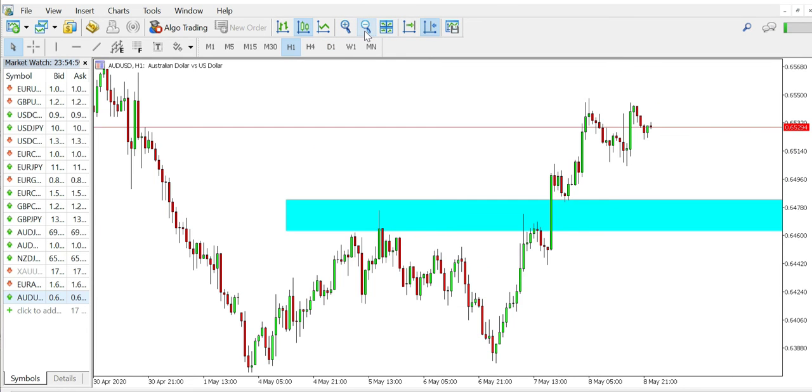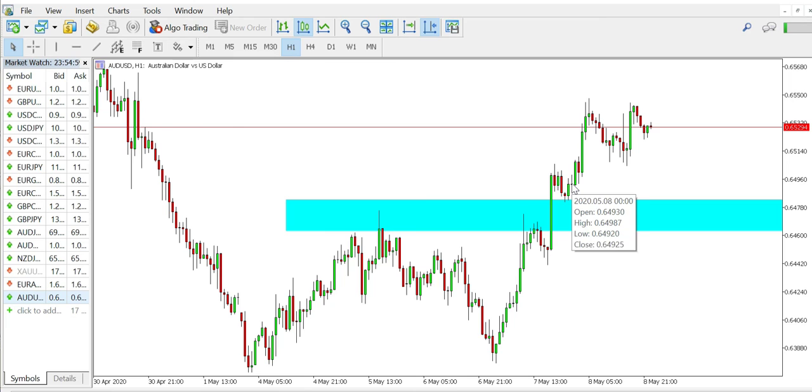Again, guys, fundamentally, Australia is on a stronger side, and USD is on a weaker side. Australia is a high beta currency, guys. What I mean by high beta currencies is currencies which are commodity based, like Australian dollar, New Zealand dollar, and Canadian dollar. These are considered high beta currencies. When the market wants to take risk, they buy high beta currencies. And when the market doesn't want to take risk, they'll usually be selling the Australian dollar, New Zealand dollar, and Canadian dollar. Since the market is on a positive note since the past 1 month or so, we can see that Australian dollar is really getting a push because of being a high beta currency.